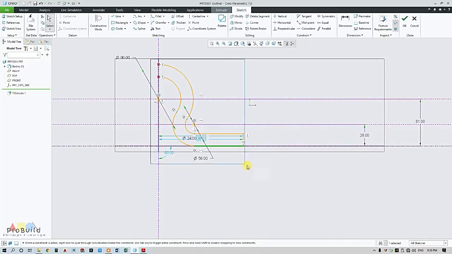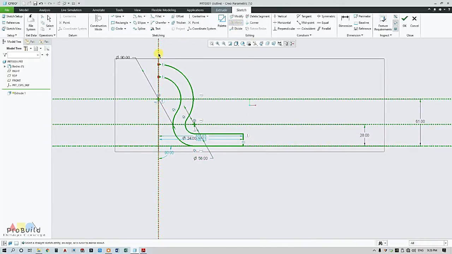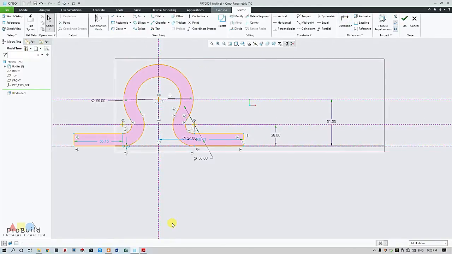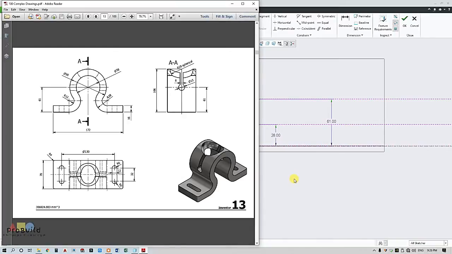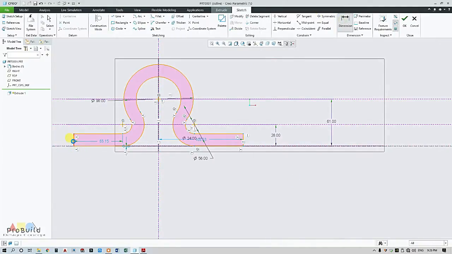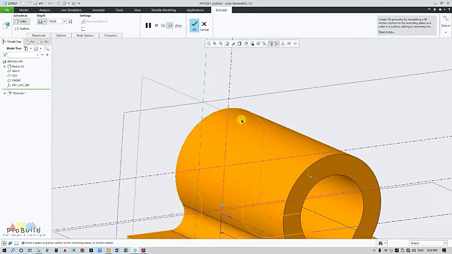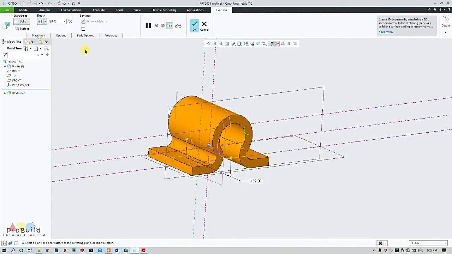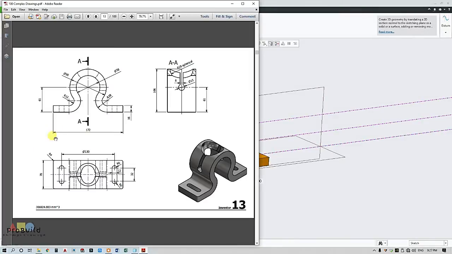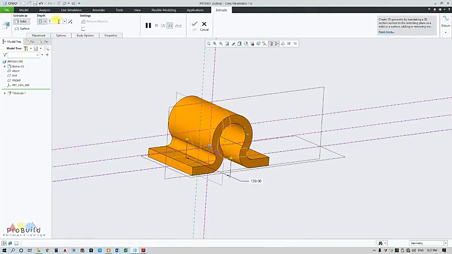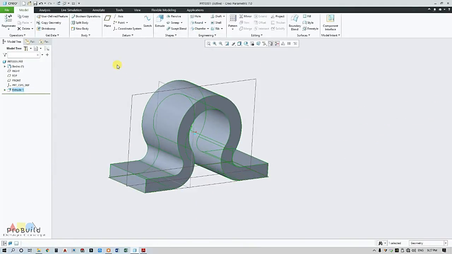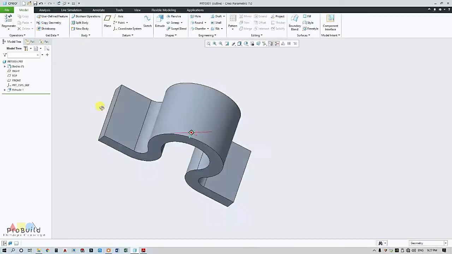So I shall select all the sketch here, go for 2D mirror against this plane. Now this overall dimension is constrained to 172. So I'm going for dimension once again, touch both ends and make to 172. And now my part is ready. I'm going for symmetric, and it is extruded to 70 actually. So my part is almost ready.